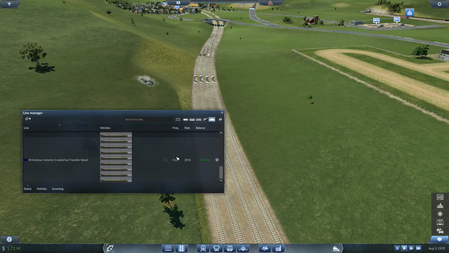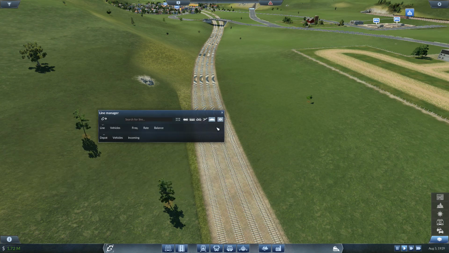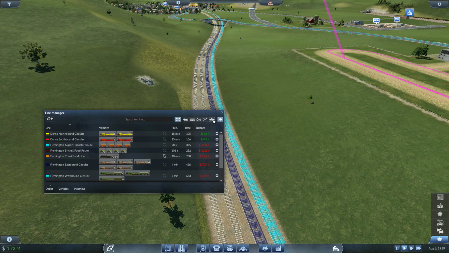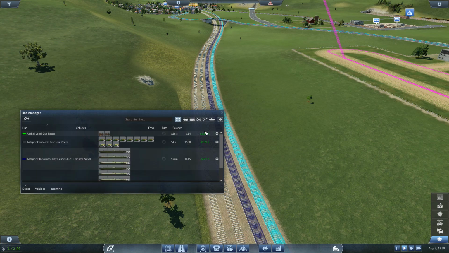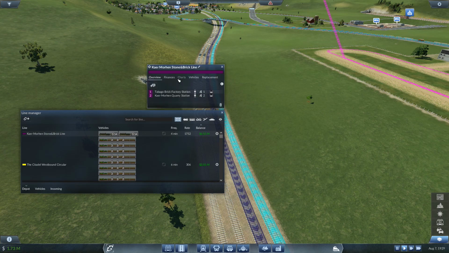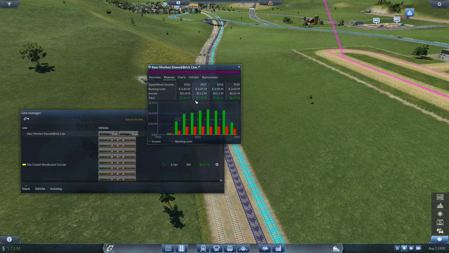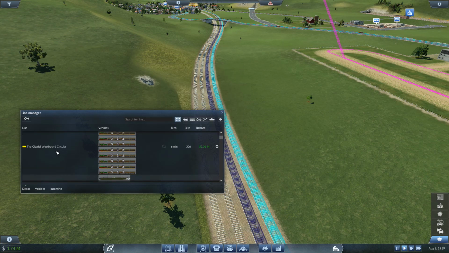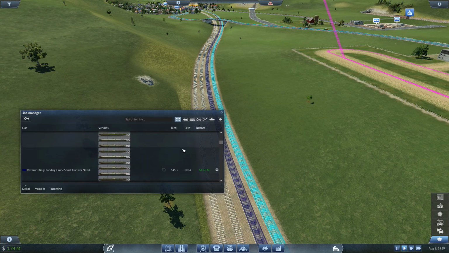So I think the most profitable line that we have at the moment is the last one with bricks, stone and bricks. Yep, it was 8 million at some point. Well, 7.5, and then followed by the Citadel westbound, and